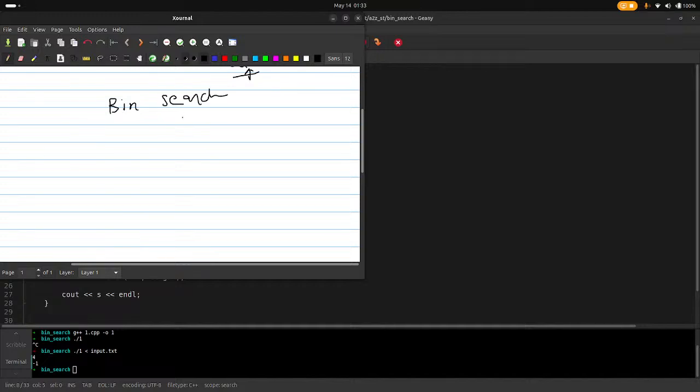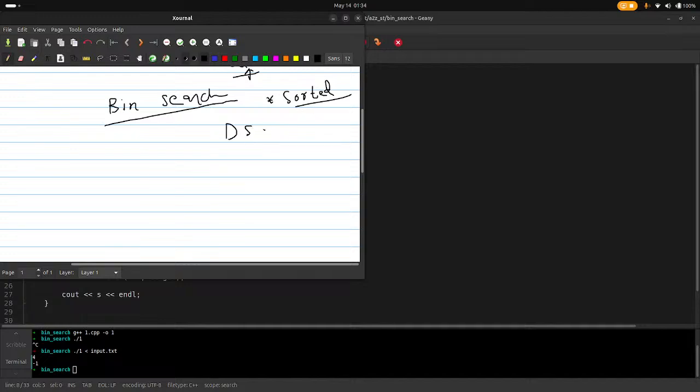Now there are some requirements, as in every programming solution. When you write code, before that there is some requirement analysis. Let's say you are in an interview, so obviously ask the interviewer what the requirements are. The first requirement for binary search is that the array should be sorted in order, and this is the main thing we should be very careful about while doing binary search. The array or the vector, I will say the data structure,